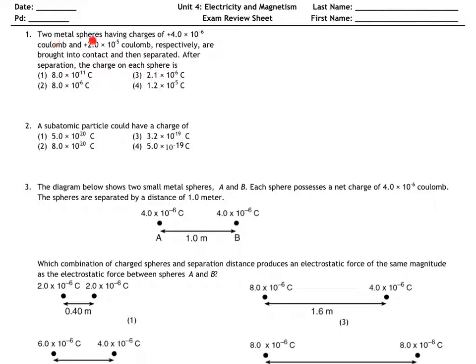We have two metal spheres having charges of 4 by 10 to the negative 6 and 2 by 10 to the negative 5 Coulomb, respectively, and they're brought into contact and then separated. After separation, the charge on each sphere would be. So the way I solve questions like this is I will just take the two stated charges. I understand that charges can migrate when conducting spheres touch, so I will just add those two charges together and